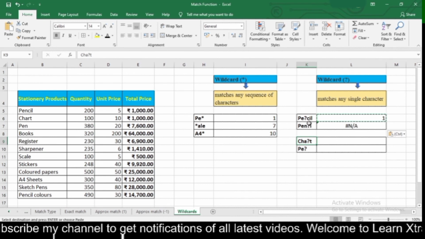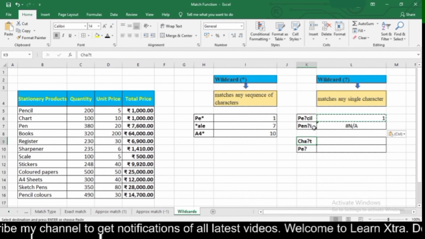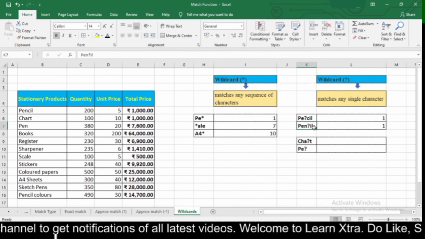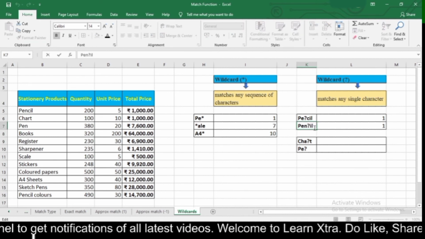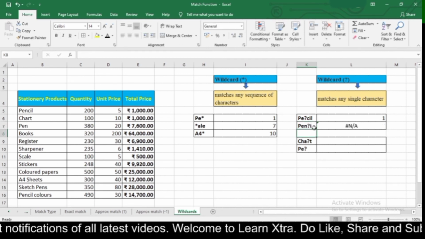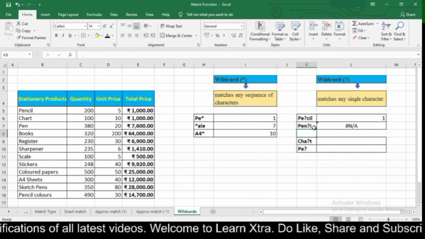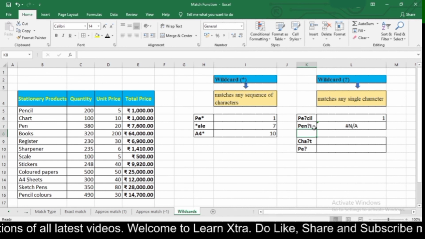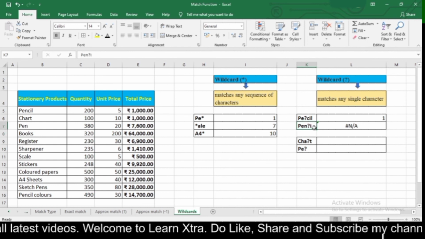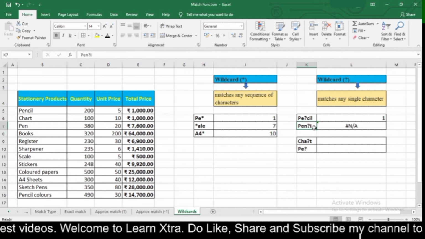I typed a question mark in place of C, but I forgot to type L here. Now if I type L here, then I will get my answer as 1. And if I forget to type L here, then I will get NA, because there is no text in my data which starts with PEN and ends with I only.